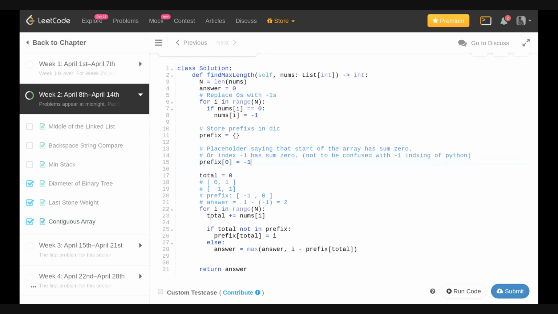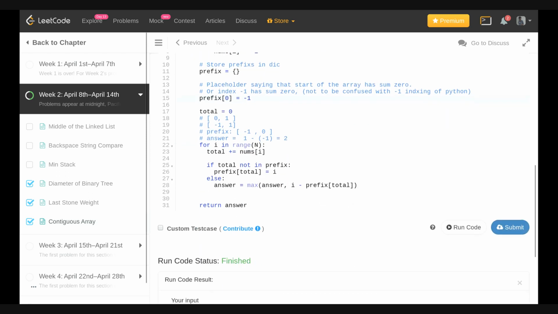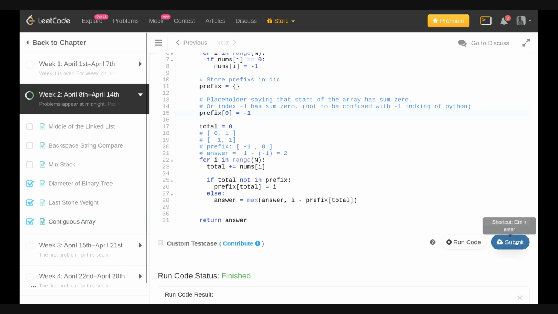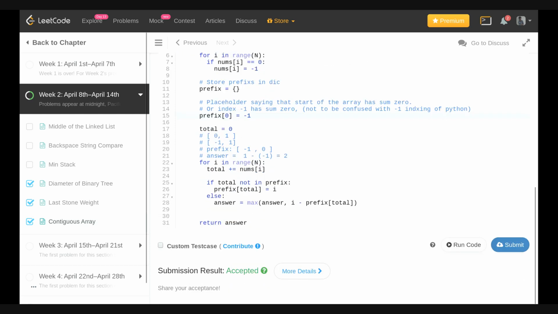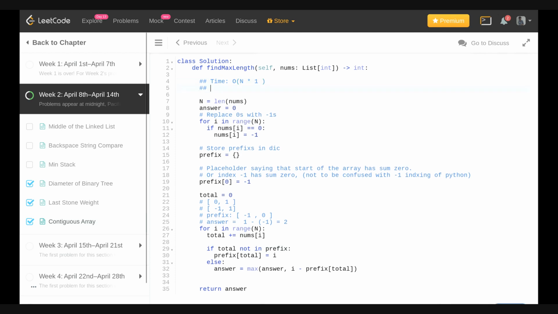Okay, great. So let's try to run this code. As expected. Let's try to submit this code. Okay, cool. The complexity of the solution is order n times the hash table lookup. It depends on the language you implement and what sort of hash table you use, but more or less the hash table lookup will end up in amortized order 1, or constant time, and the space complexity of this algorithm can be order n, where we store all the prefixes if we have an example